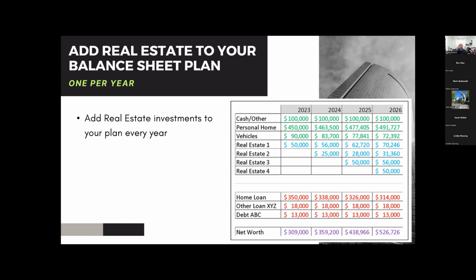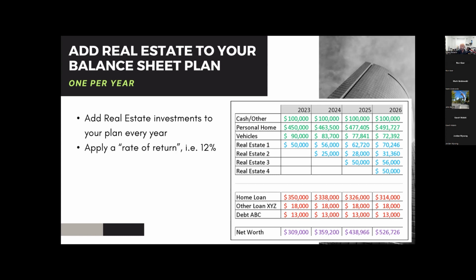Nothing's made up. But the goal here, when we sit down and do this, and I encourage everybody, even though we're going to do this here tonight, to do it on your own, is to add a real estate investment to your portfolio every year, one per year. So at the end of 10 years, we've got, I'll say, 5 to 10 pieces of real estate in your portfolio. You might not have all 10 because over 10 years you might sell the first several. But that's the goal. Every year, add one real estate investment. Simple goal.